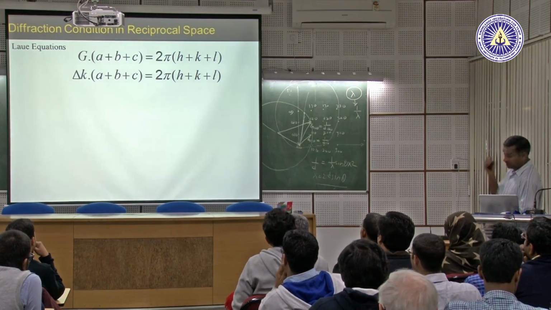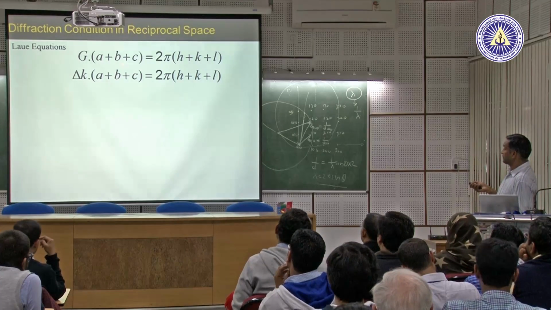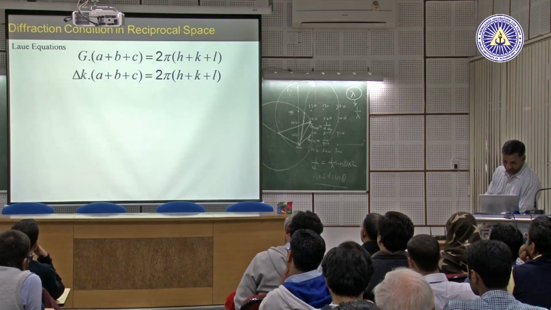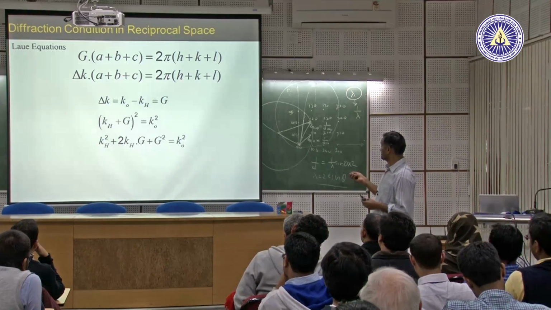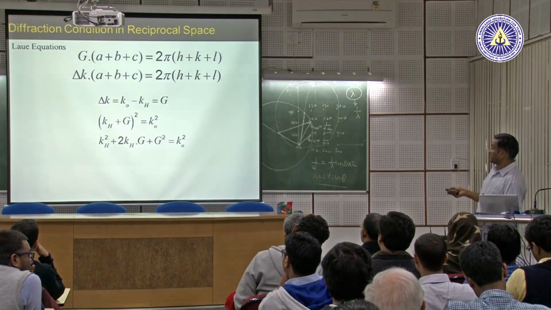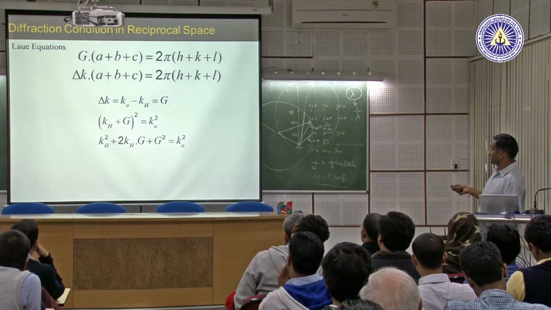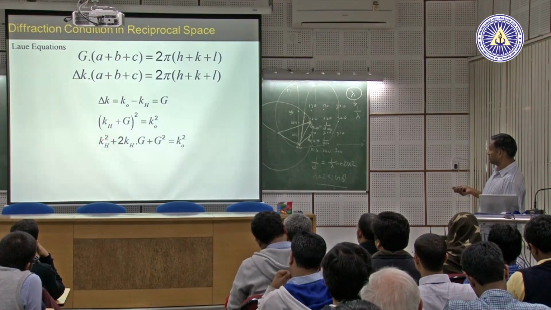So these were the Laue equations that we looked at earlier: G dot A, B, C is 2 pi H, K, L, or you can say delta K dot A, B, C is 2 pi H, K, L. We know that delta K is equal to K naught minus KH, that is equal to G, and if you square both the sides,